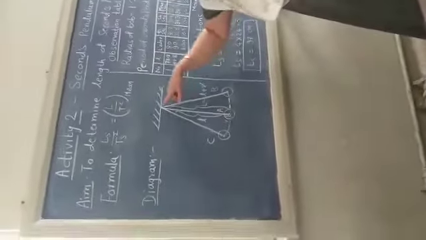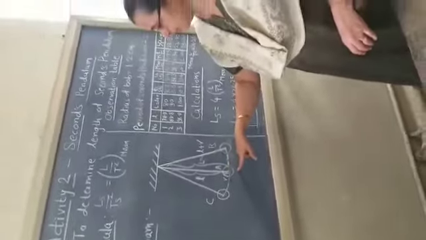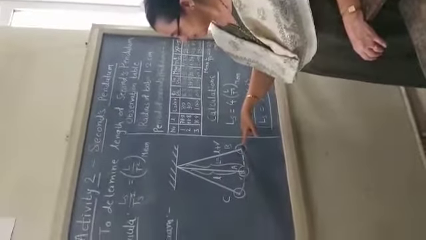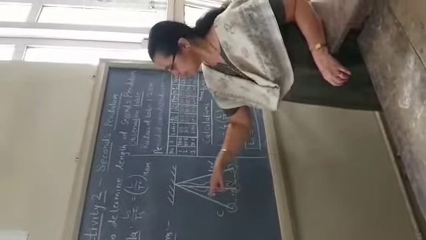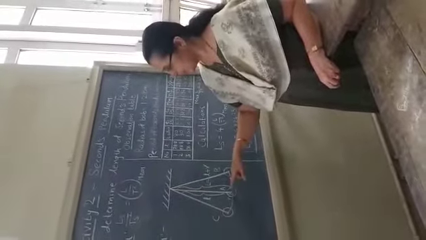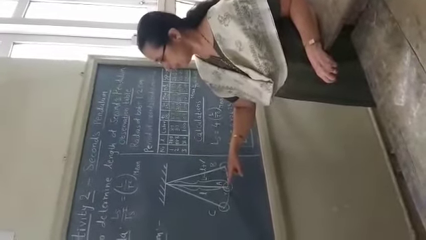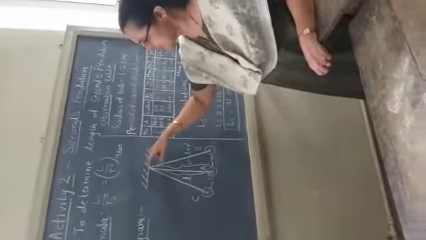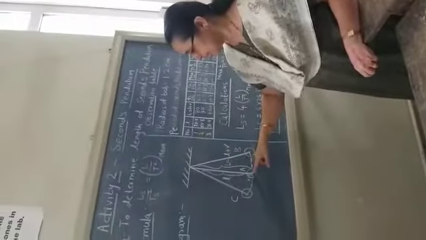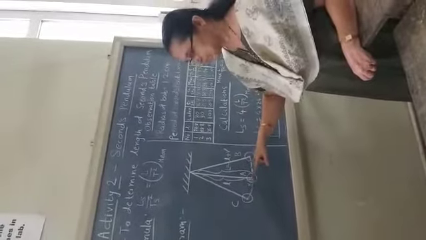For the length of a simple pendulum, we see this diagram. Now see the diagram. This is a simple pendulum. This is the mean position of the simple pendulum, and this is the right extremity. This is the left extremity. Now what is the length of a simple pendulum? The length of a simple pendulum is measured from the rigid support. That is, it is the distance between the rigid support and the center of gravity of the spherical bob.